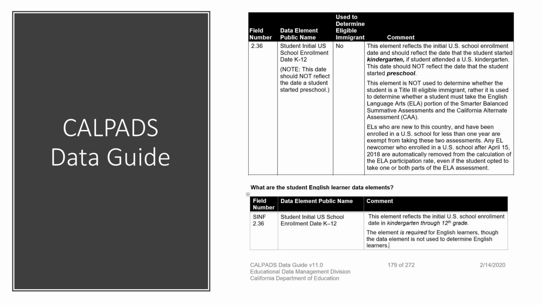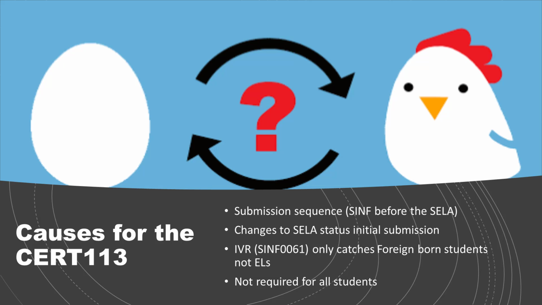So we wanted to think about what are some of the potential causes for the CERT113. Understanding our student data and understanding the potential causes will help us make the correct determination in how to resolve this error. And so perhaps it was the submission sequence, right? The initial U.S. school enrollment field is in the student information, which may be submitted prior to learning a student's